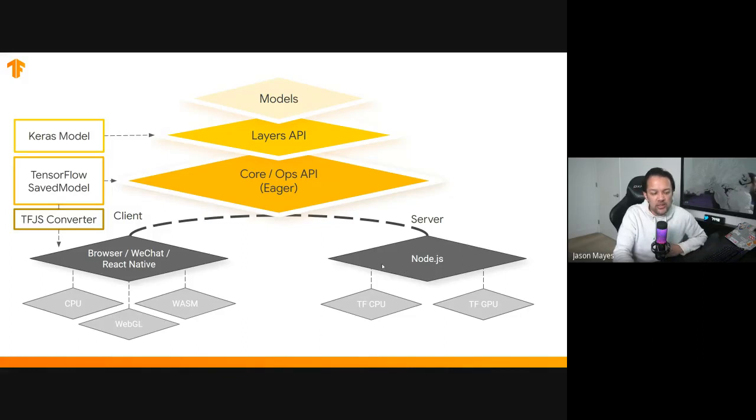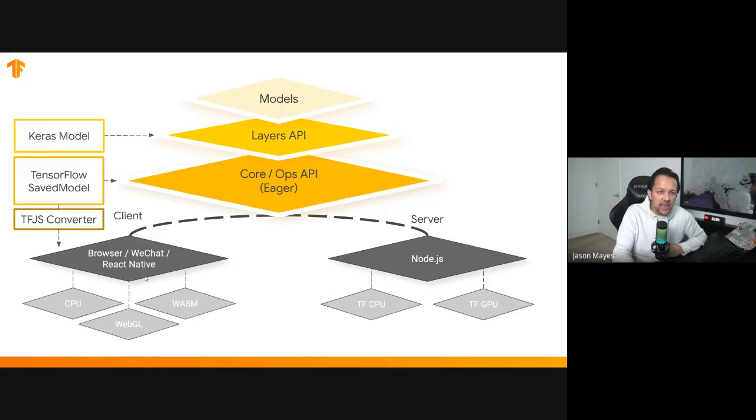Now, for those of you already using Python, you might be wondering, well, if I want to keep using Python, is that okay to do? Can I take the resulting models and use them with the TensorFlow.js ecosystem so it's more friendly to use on the web? And the answer is yes, you can. If you're using Keras saved models or TensorFlow saved models, you can actually use those in Node.js without any performance penalties at all, without any conversions, instantly for free. And that works very, very nicely. So if you're on the server side in Node, you can take any Python generated model and execute it in Node without any conversion. You will need to rewrite the pre and post processing code, as we'll get into later on. But other than that, the model will execute just fine.